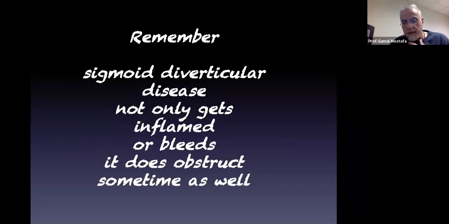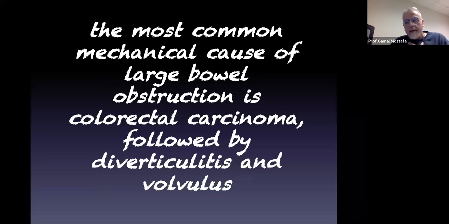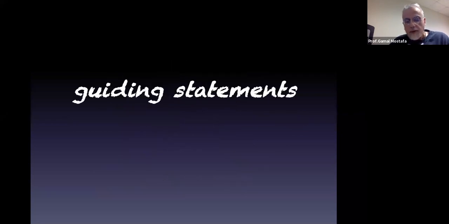Remember, sigmoid diverticular disease is not always inflamed or bleeding. They do obstruct. Remember that. Our residents forget that all the time. All the time, they forget that complicated sigmoid diverticular disease can obstruct the colon. The most common mechanical cause of large bowel obstruction is colorectal carcinoma, followed by diverticulitis and volvulus. So, guiding